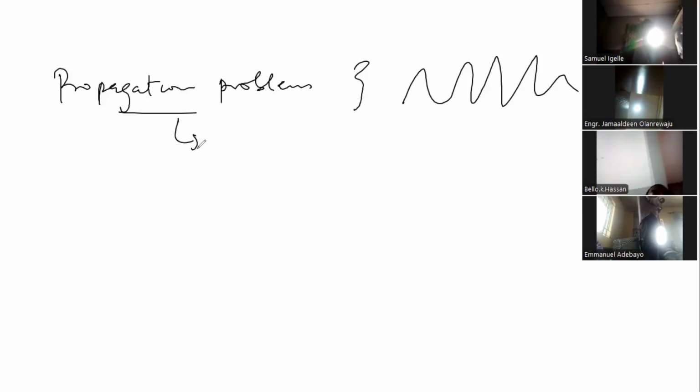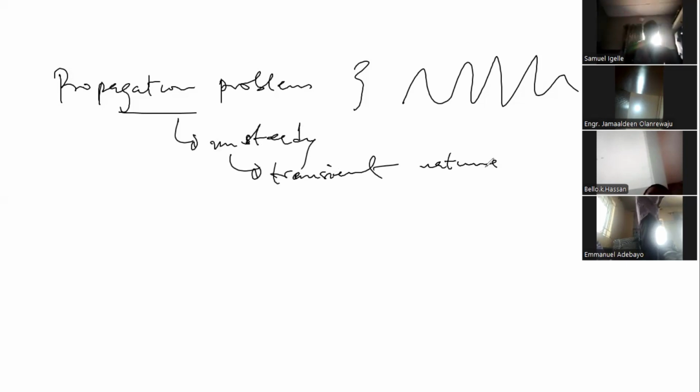So what is expected is to predict the subsequent behavior of the system given their initial state, because it's not stable, it's not steady. And this is done by solving the differential equation like we mentioned earlier,